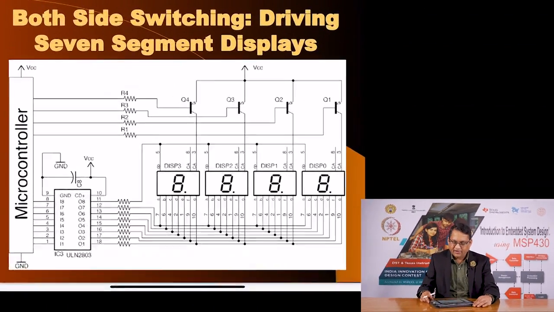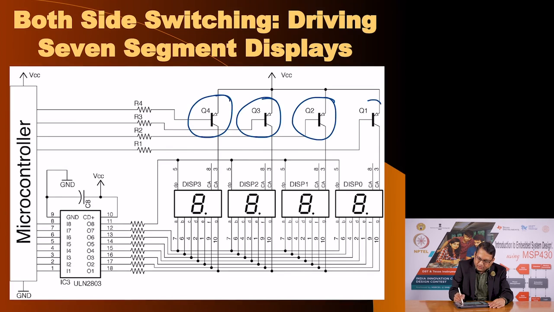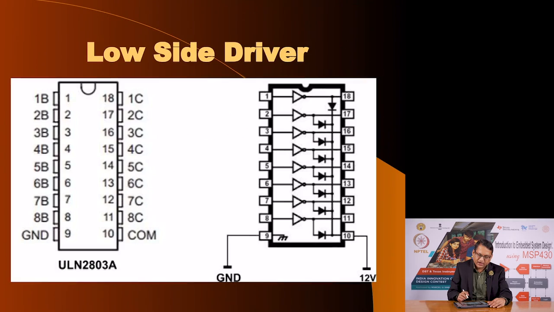Here I have created a schematic for you which shows 4 7 segment displays, common anode type, and as you see here we have 4 PNP transistors, and instead of individual 8 NPN transistors, we have used an IC which consists of 8 NPN transistors. That IC is a low side driver. This is the IC. In the electronic components that we expect you to have, you may recall that we have an IC called